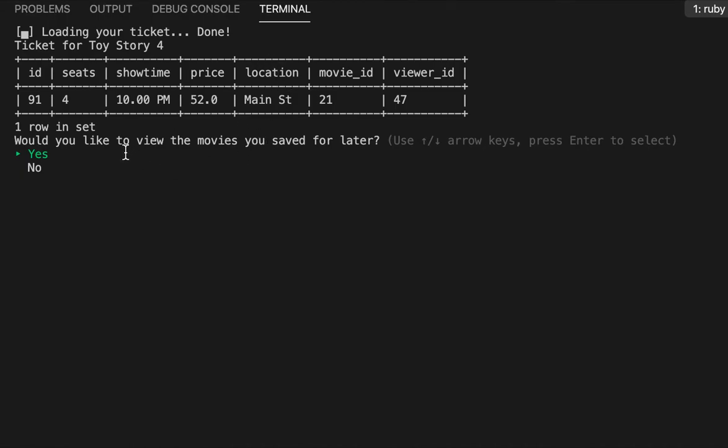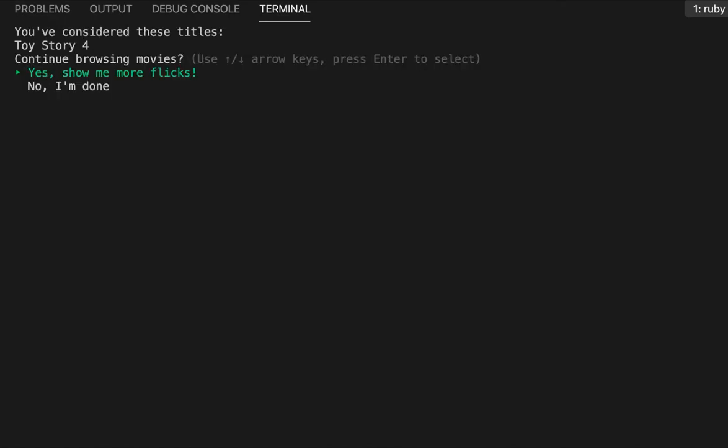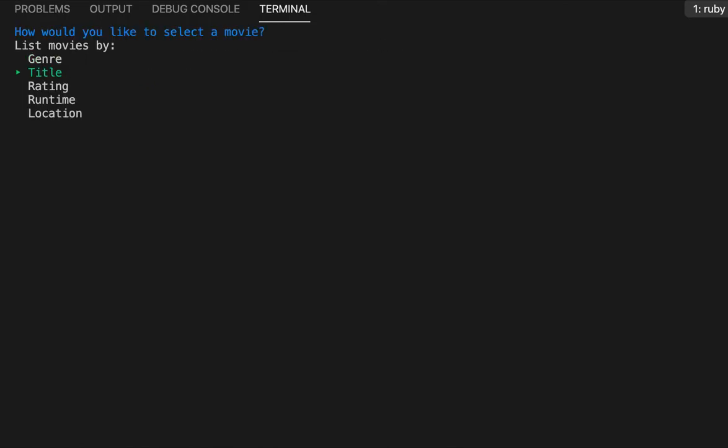So since we saved this movie for later, we can check it out, and we still have it in our save for later, so that's no problem if we want to buy it. Now I want to show you some more things that we can browse some other ways, so let's show me more movies. And if we go to rating,